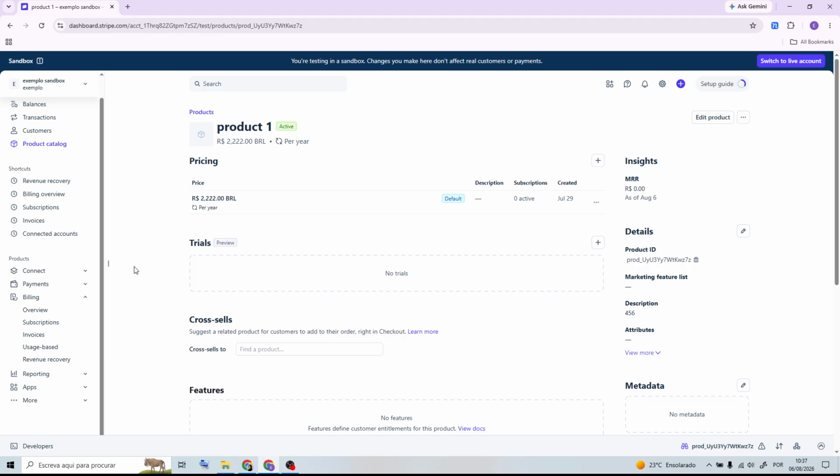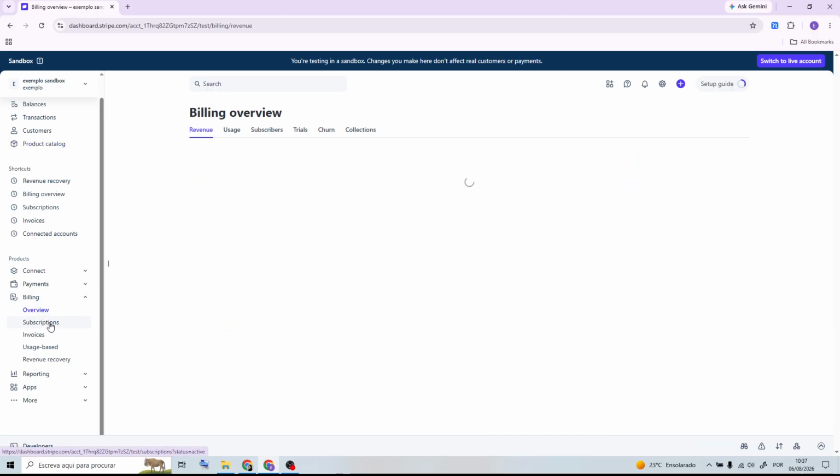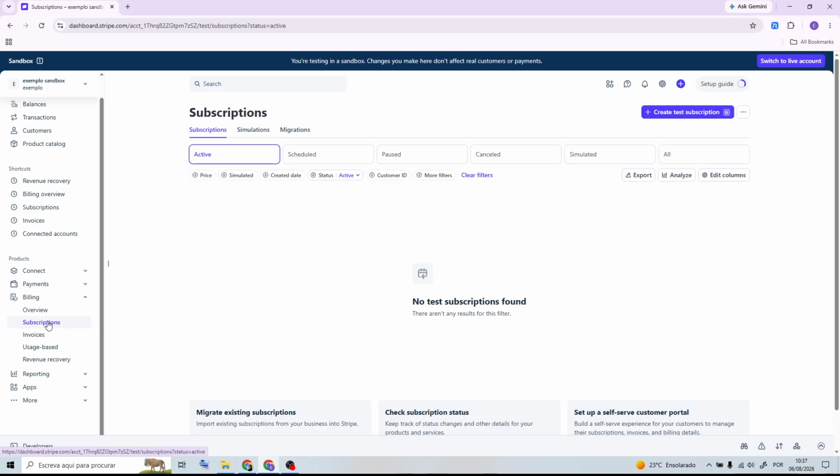After that, go to Billing and review your subscription settings. Configure options such as free trials, automatic tax if you're using it, payment methods, and any customer notification settings that fit your business. If you're creating a subscription manually, select an existing customer or create a new customer profile before